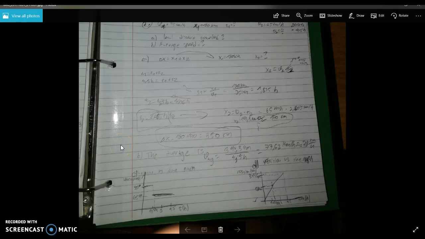For the average speed, I used the average speed formula and definition. So it's total distance traveled over total time. The average speed was 77.62 kilometers per hour, which is roughly 78 kilometers per hour. I added the velocity versus time graph and the position versus time graph. For the velocity versus time graph, I figured out